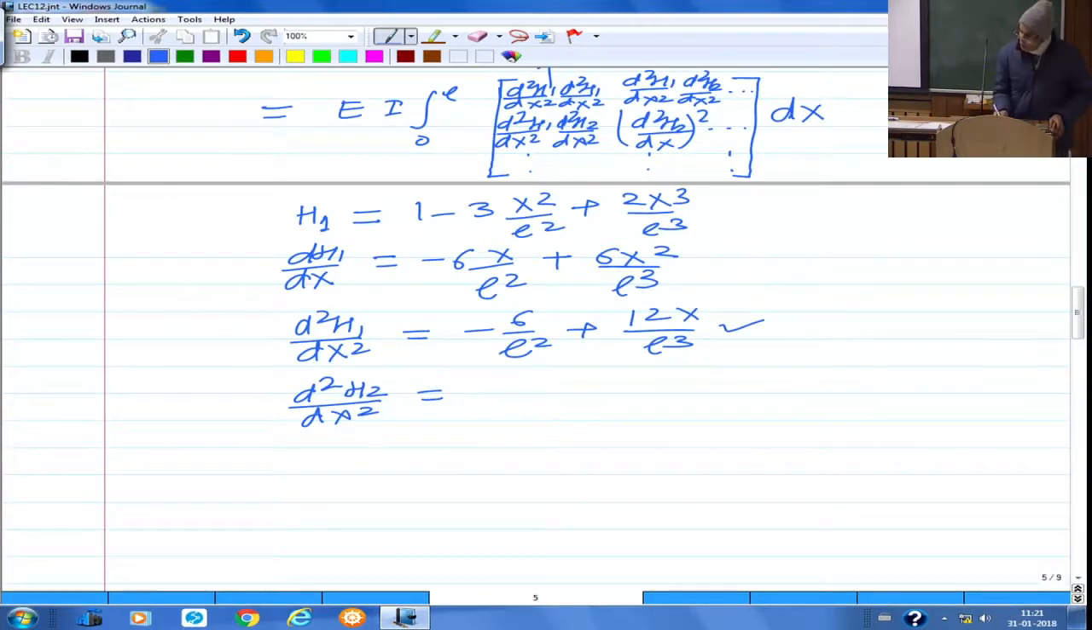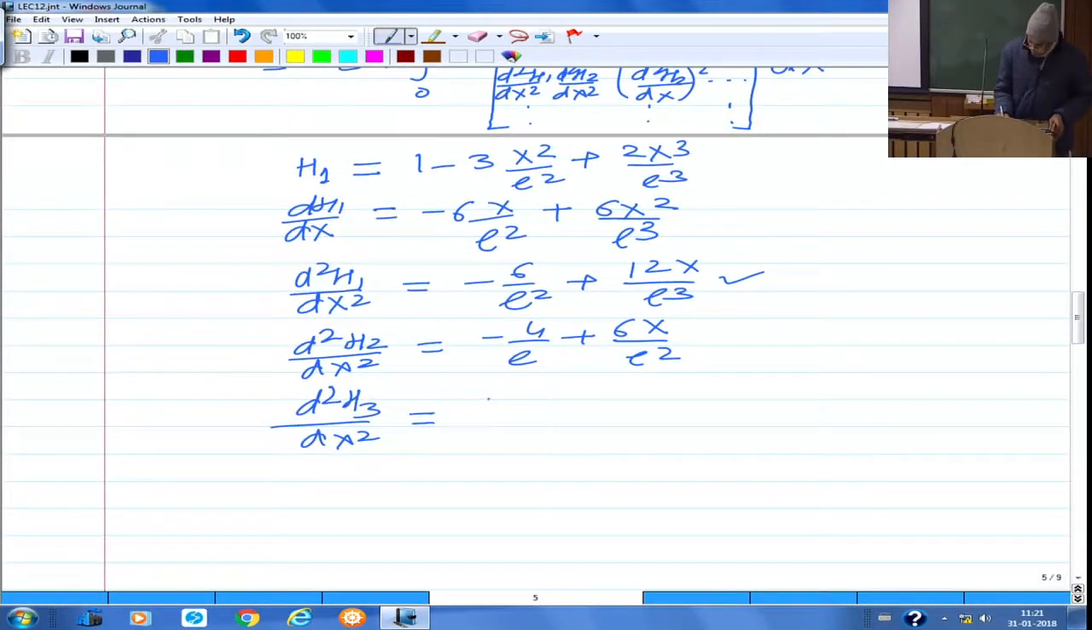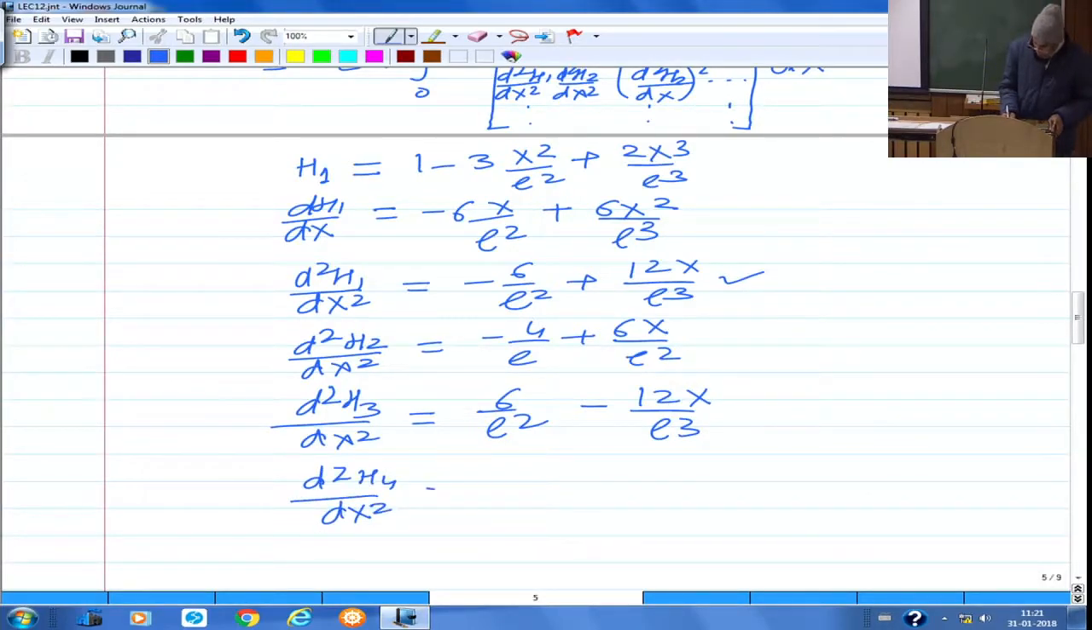So, if you differentiate 2 times the second shape function, you will get minus 4 by L plus 6x by L square, and so on. So, you can write the derivatives d2h3 by dx square. If you look at the third shape function, its second derivative will be again 6 by L square minus 12x by L cube, and d2h4 by dx square will be,